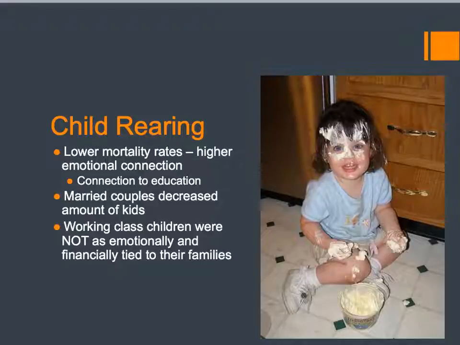Especially if you're going to send them off to some professional school, which costs money, then you have to concern yourself with that too. It's really what we think of today. So people start to have fewer children. Family planning becomes more and more important than, say, it was at the beginning. Now, this isn't the same game for the working class, because you still need a lot of kids to support you financially. You don't become as emotionally connected, and that has other issues as well.